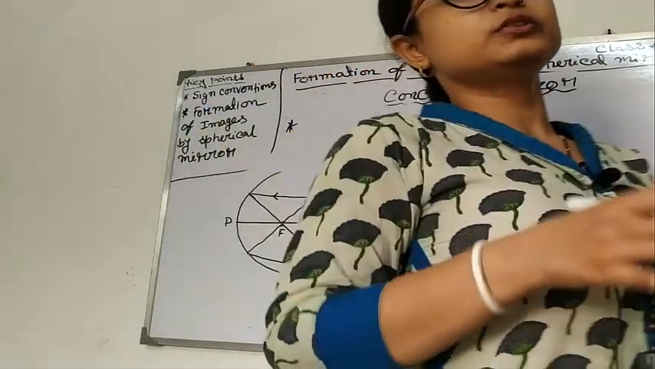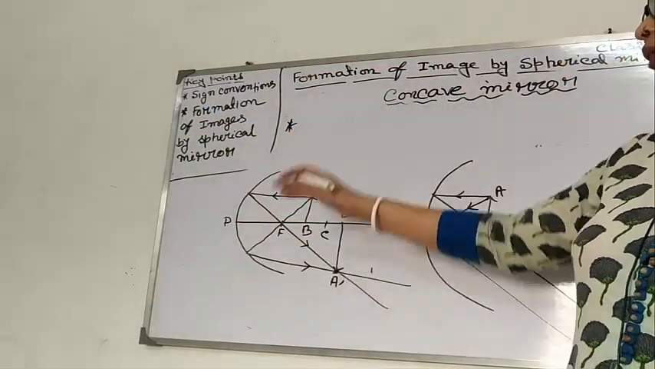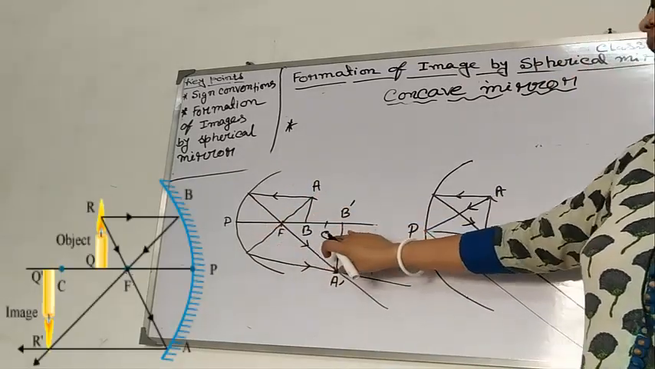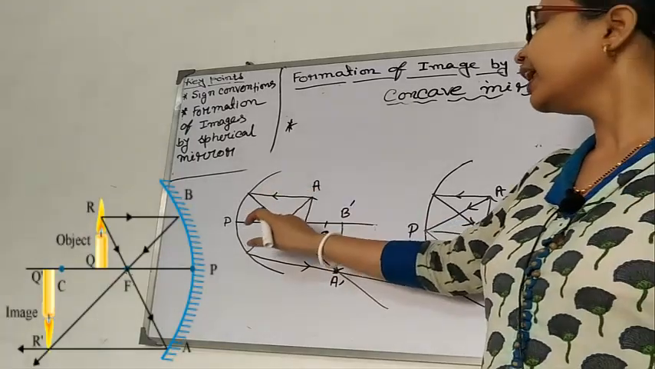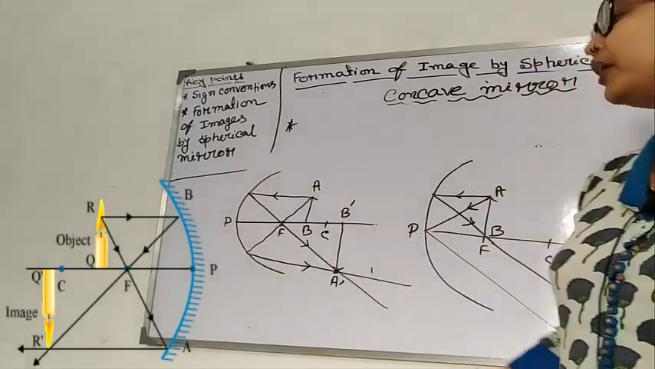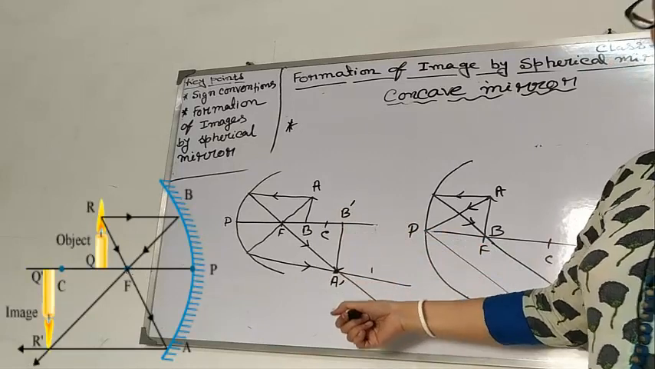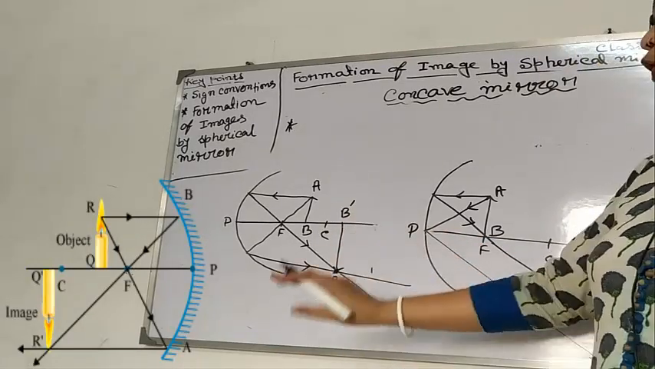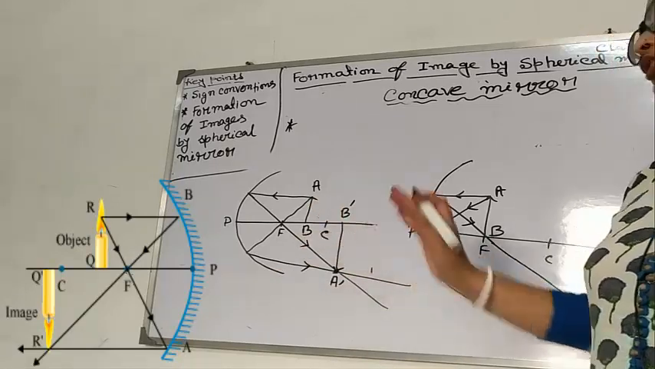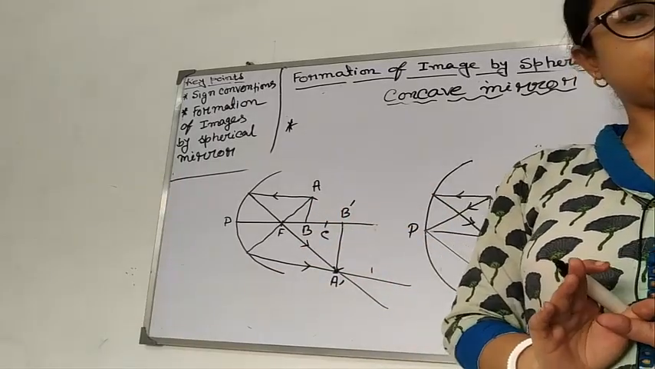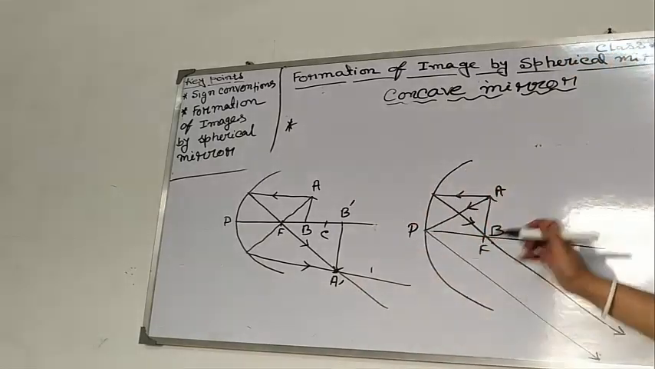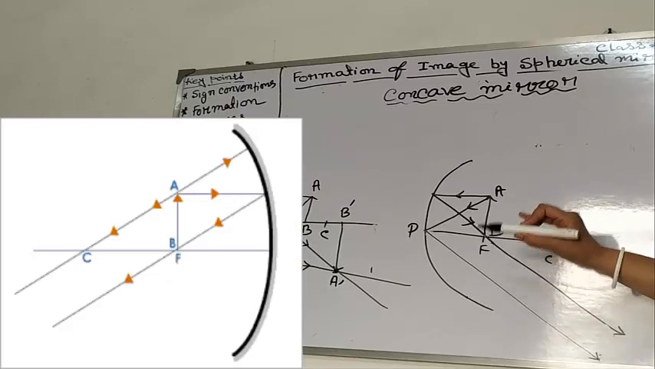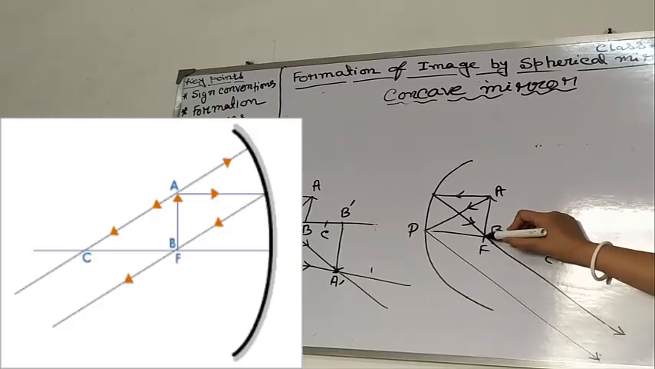So if I sum up all this, you can say if we place the object in between the focal point and the center of curvature, then the image formed by the concave mirror is enlarged or magnified, real and inverted, and the position of the image is beyond the center of curvature. Clear? Now, if I place the object at the focal point F,